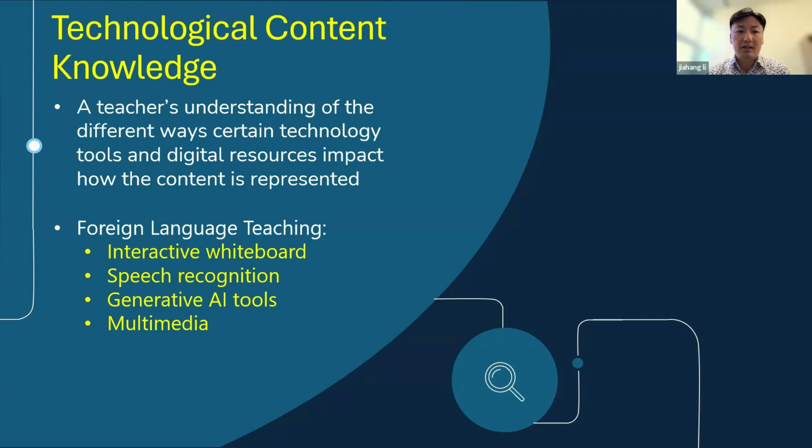And there are other types of technology tools that are available that you can utilize to best represent the content of the language component that you're going to teach. So, as I listed on the slides, there are all of the generative AI tools we're currently using and the speech recognition tools, making things available to you in a different modality. That's a lot of the things that you can think about.